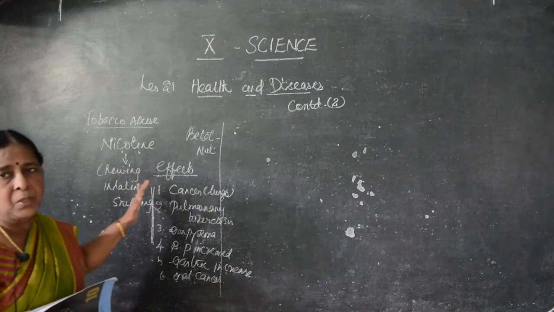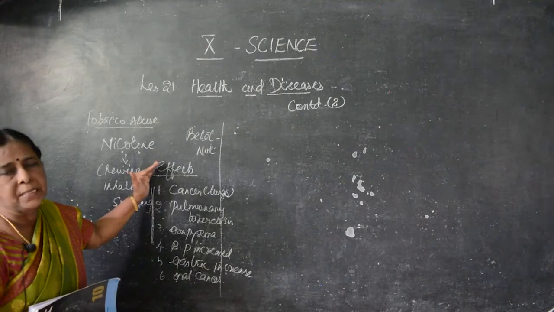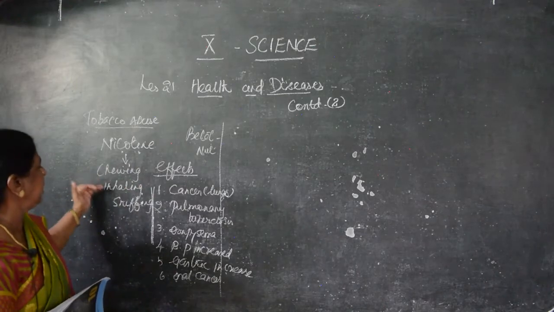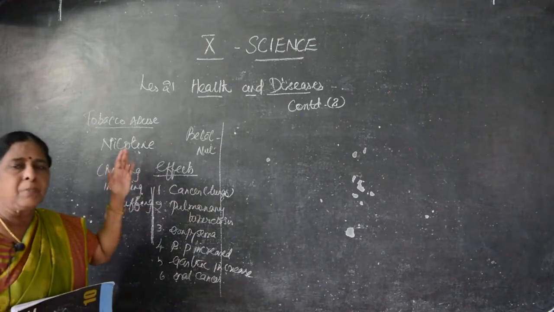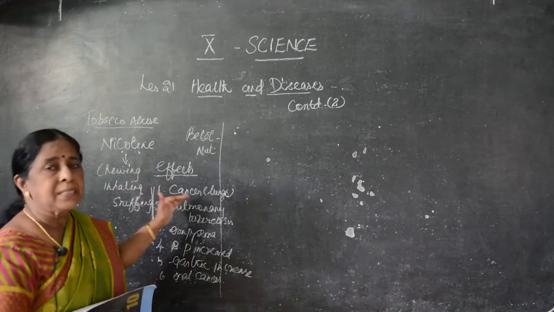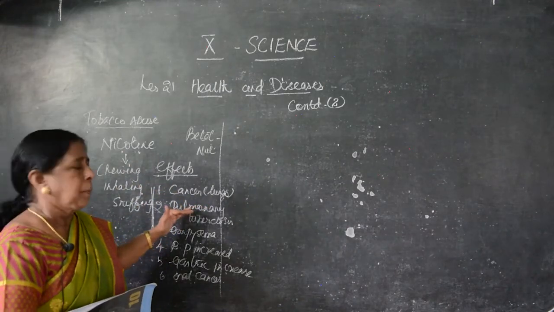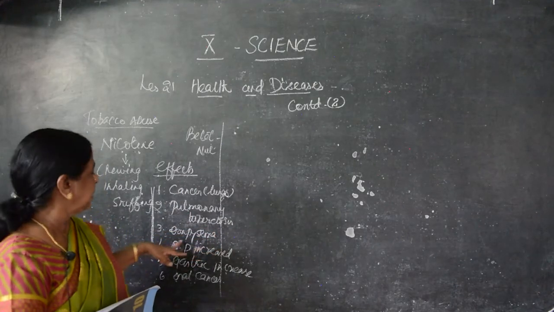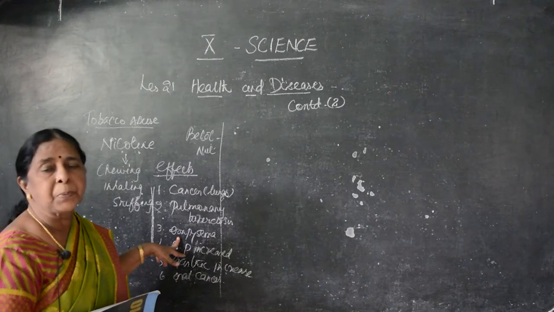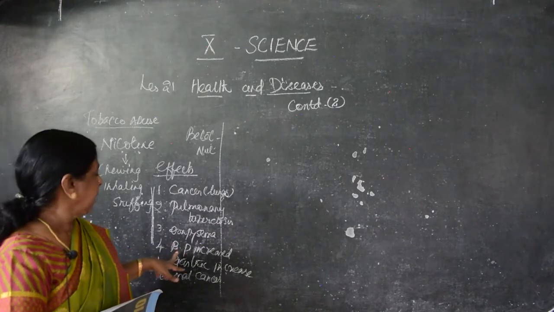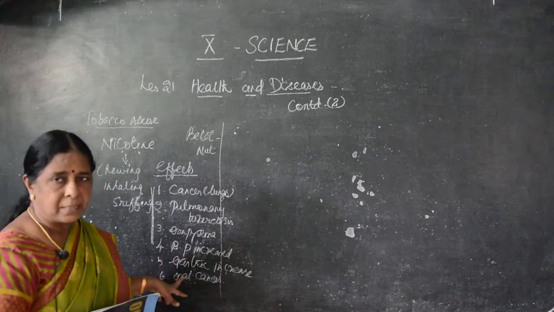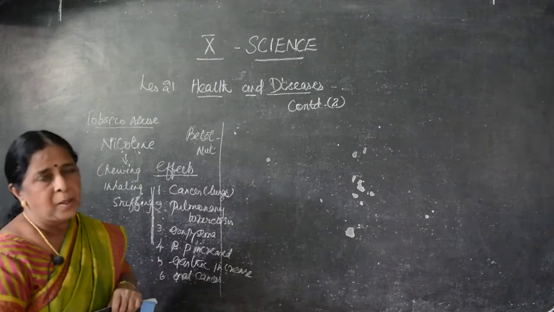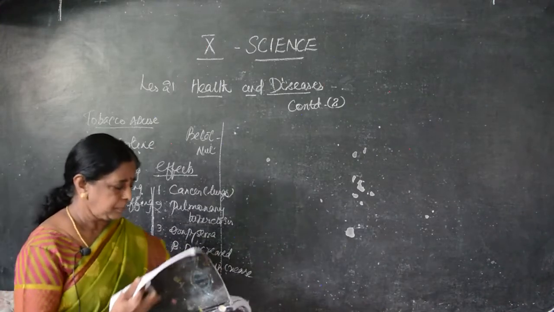So, we said what is tobacco. Nicotine is a poisonous substance present in the tobacco. It may be taken in the form of chewing, inhaling and sniffing. If you are consuming, you will become addicted to the tobacco. And what are the things? Lung cancer we may get. Pulmonary tuberculosis, that is TB, in the respiratory tract. Emphysema, I said, is a large area of the lungs being covered. Then BP increased. Gastric problem increases. And oral cancer, because we are chewing in the mouth, it will be mouth cancer. It leads to mouth cancer.